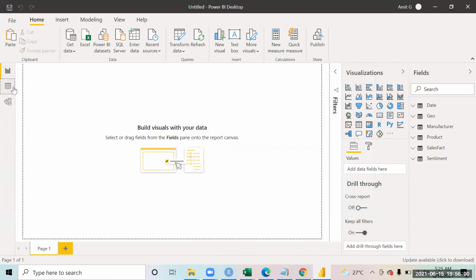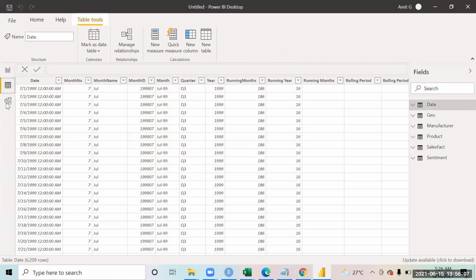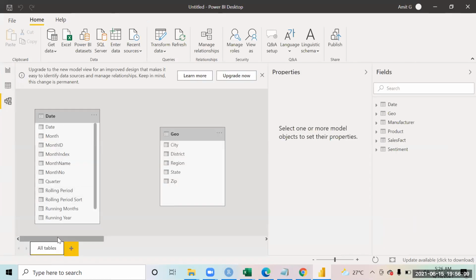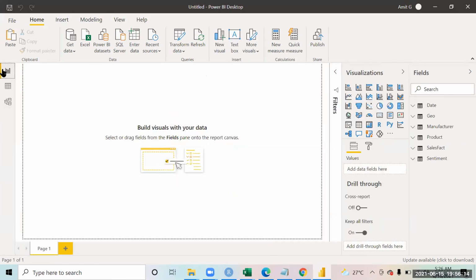Okay. See, now, we should always first spend a couple of minutes on understanding the data, right? What type of data do we have in this? So now I can see all these data tables coming over here.